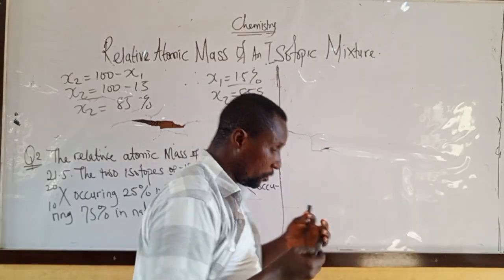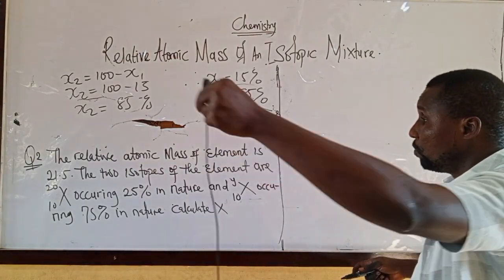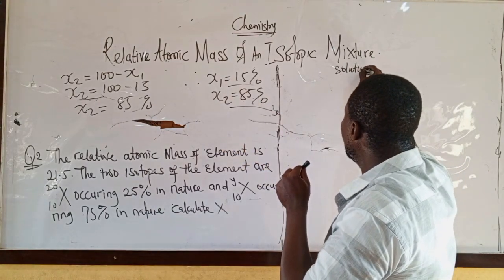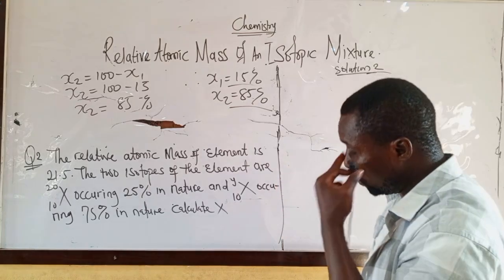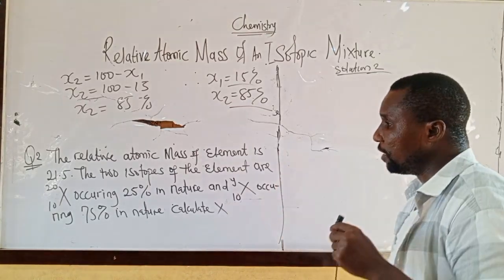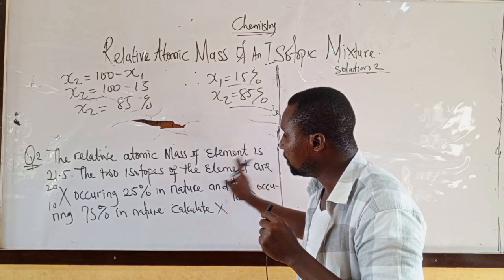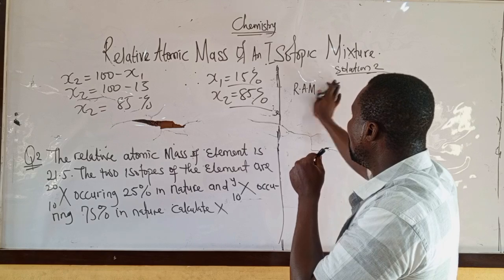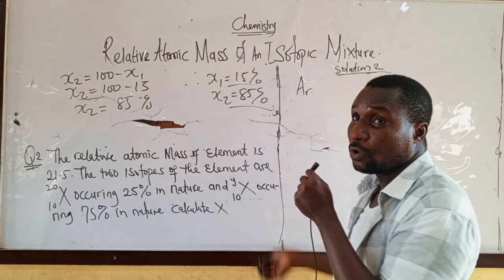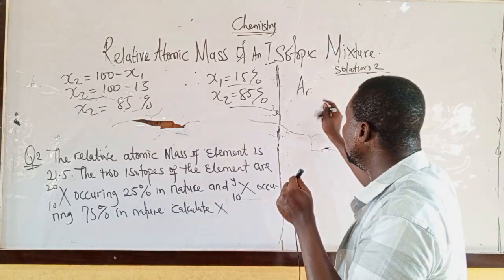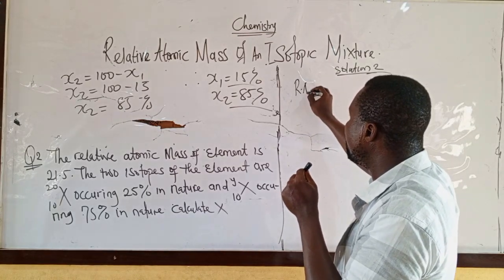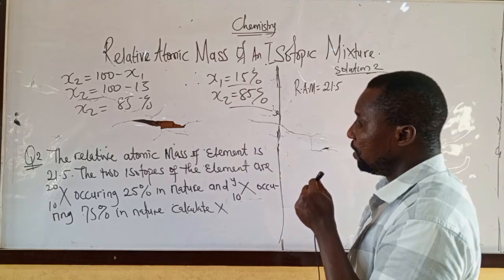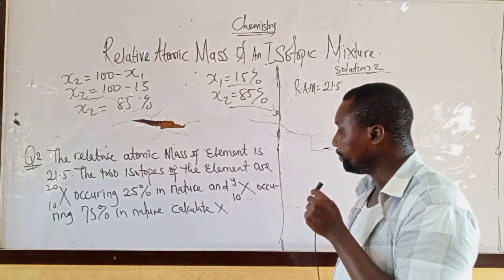Okay, let's go to the second question. Solution 2. What's the second question? The second question says the relative atomic mass of an element, that means RAM, or I can write Ar, relative atomic mass of that element is given as 21.5. The two isotopes of the element are,